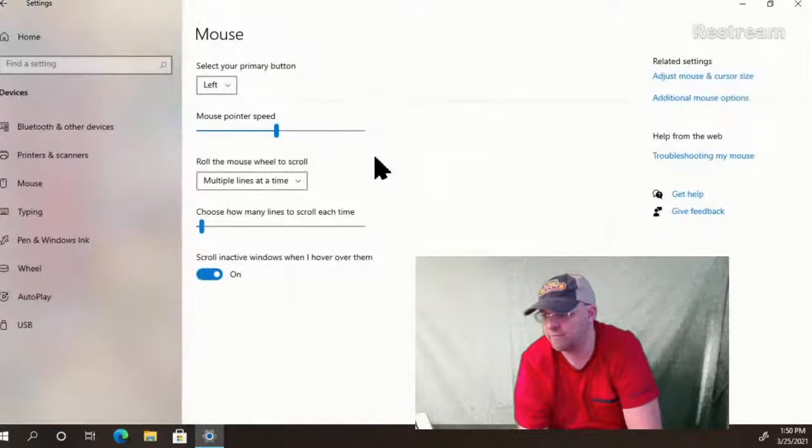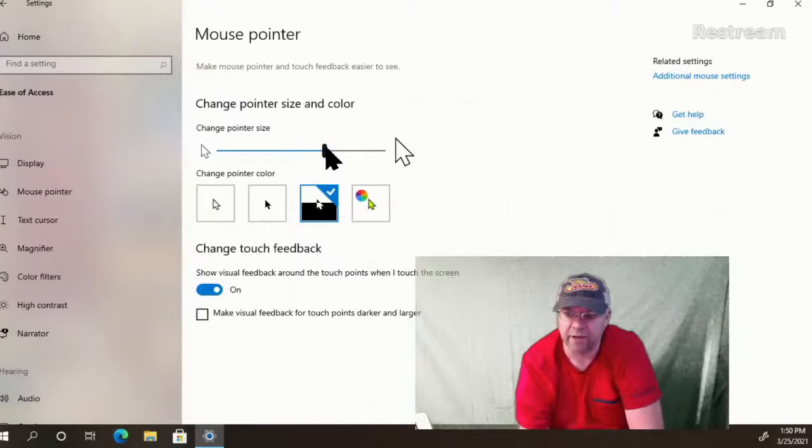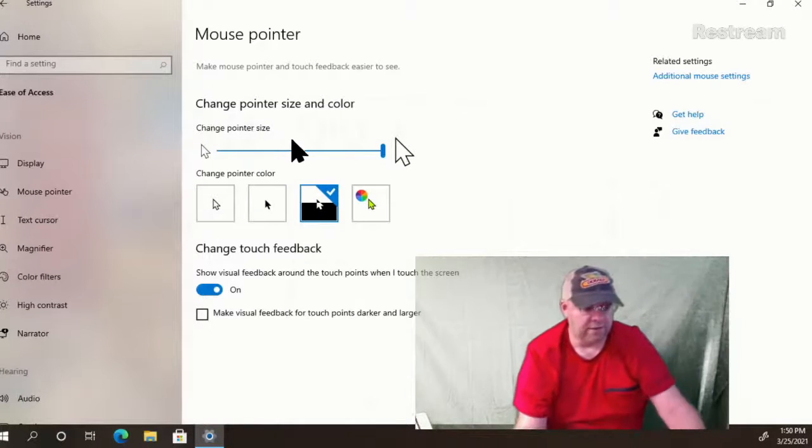The other thing that I have been using, and you can see in these broadcasts, is there is a mouse setting in Windows 10 which allows you to make a gigantic mouse. And somebody that I know personally asked me, what do you mean a gigantic mouse? And what's the downside to that from an actual use? So here's a demo of that. The pointer size and color can be adjusted. So my pointer can be kind of the normal size that would be used, or I can make it really, really big. And what I mentioned to the person that was asking this was the downside to this is if